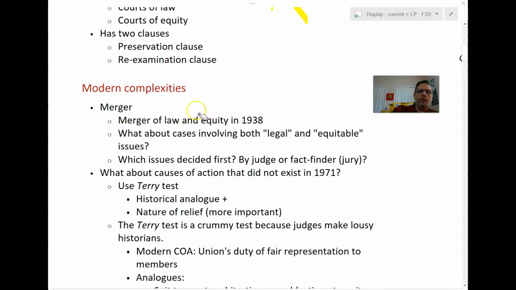For example, what about cases involving both legal and equitable issues, right? Who decides common issues first? Say, for example, P sues D for trademark infringement. Two men in a truck, right? Plaintiff seeks an injunction. That's equitable. And monetary damages. That would typically be heard in a court of law. Well,